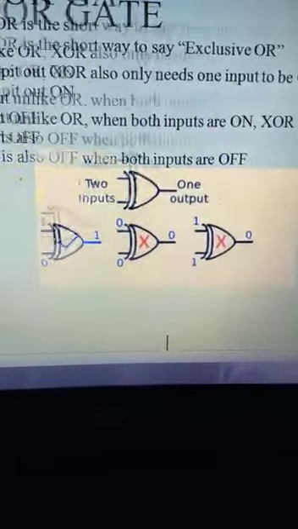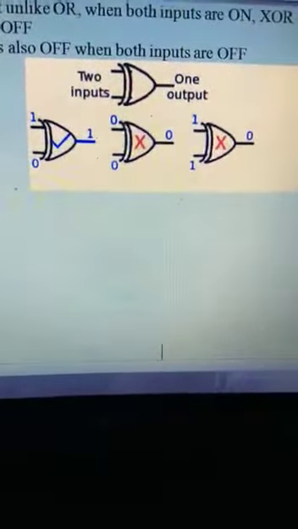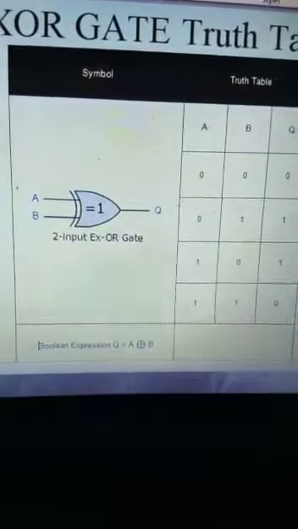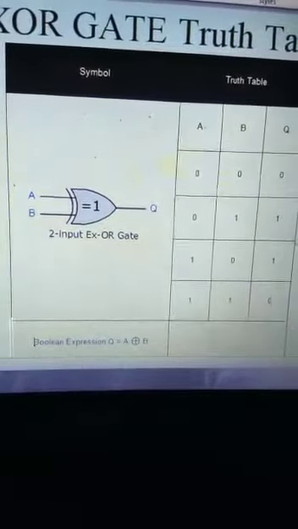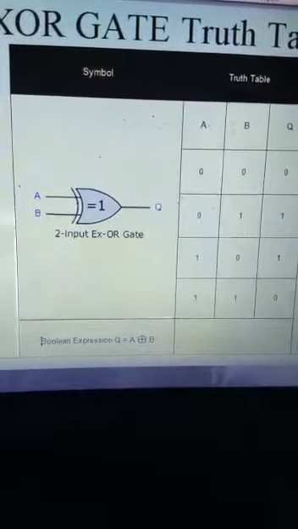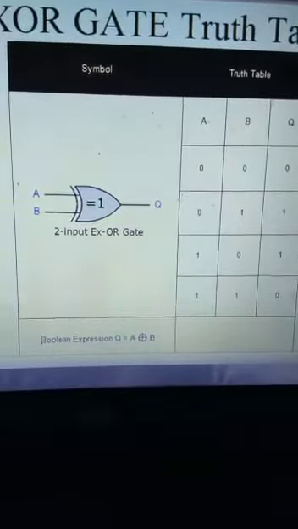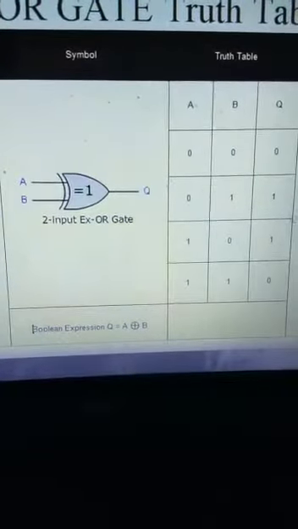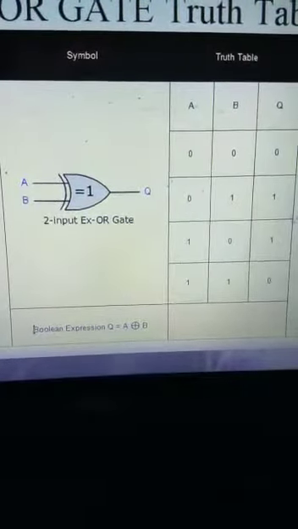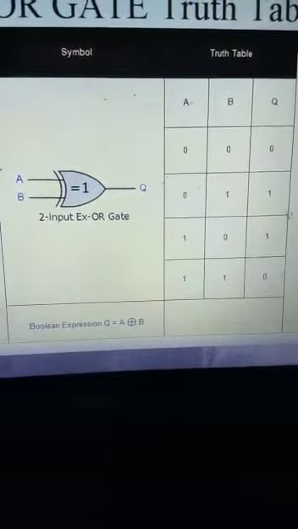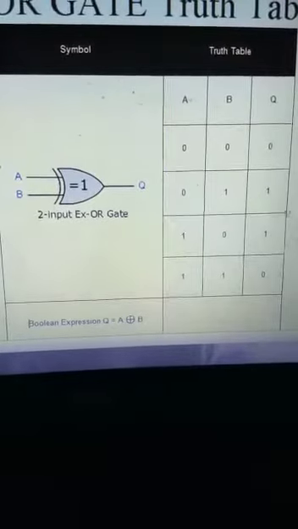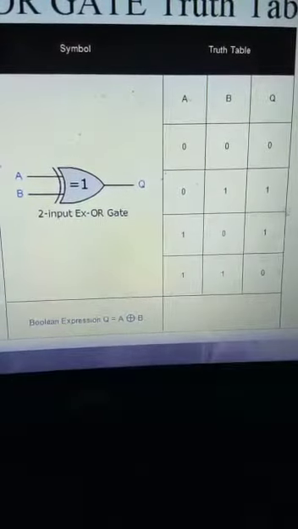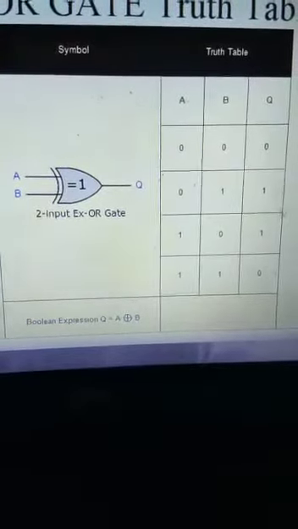First come to the truth table and find out the Boolean expression for it, then we will be able to understand the truth table. Okay, the expression is A XOR B. This is the symbol of the XOR gate. So what does it implement? It implements A bar B plus A B bar. So whenever you encounter a single 1, I'm not saying for the 2 inputs 1, I'm saying only a single 1, in those cases only you will get the output as 1.